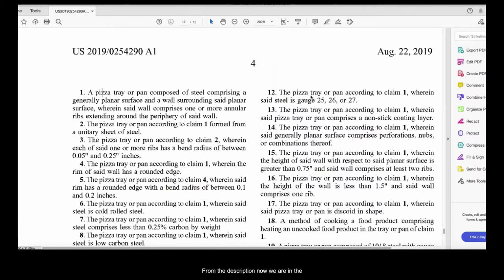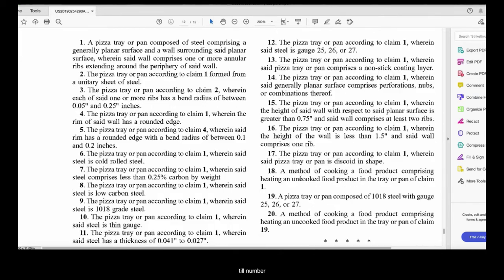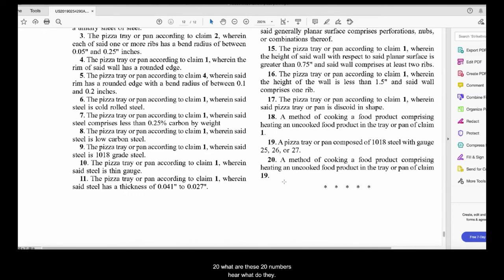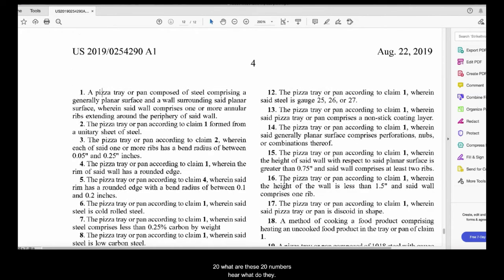From the description, now we are in the claim section. What is a claim? What is so different from the description? Why are we seeing these numbers 1, 2, 3, 4, 5 till number 20? What are these 20 numbers here? What do they indicate? Well, to put it in very simple words, the entire invention now needs to be described